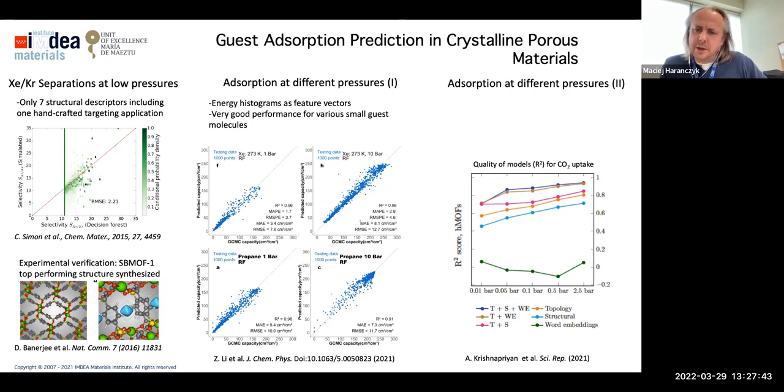in the plot on the right, where we compare models for CO2 adsorption at different pressures, and we just look at the R score for those models, and we try different families of descriptors. So the green line is the basic chemistry descriptors.